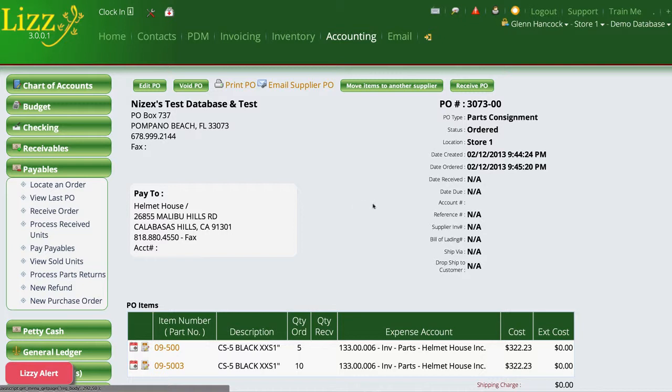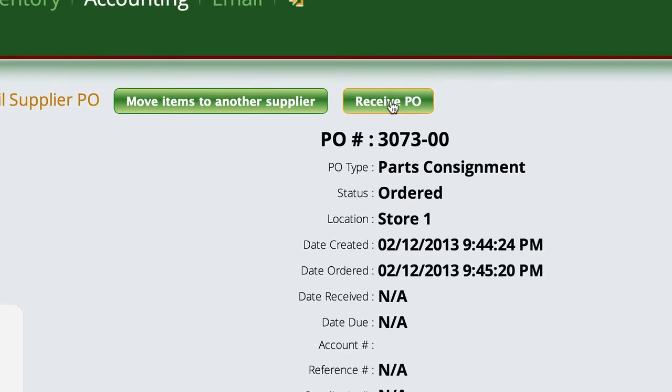Now, again, when these items come into inventory, they're not going to hit our books. The system's going to fake everything out. It'll look like they're part of our inventory, but they won't physically be part of our inventory until you sell one of the items. So at this point, we're just going to tell it to go ahead and receive the